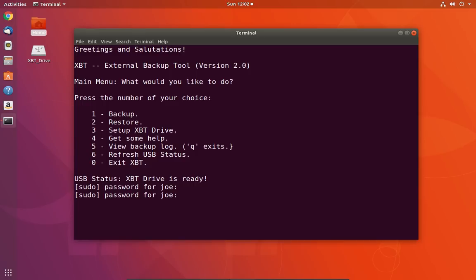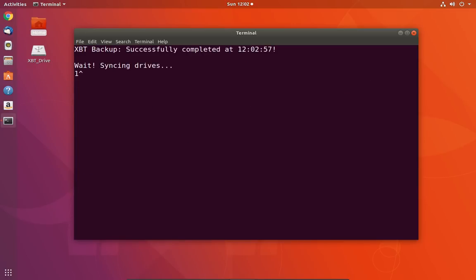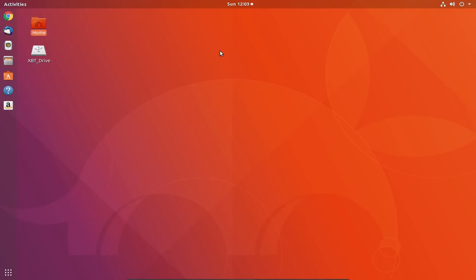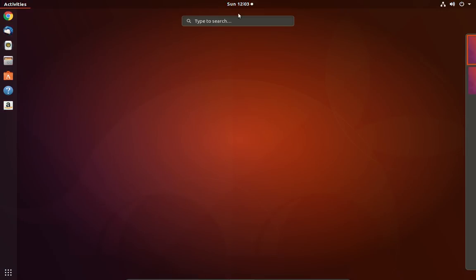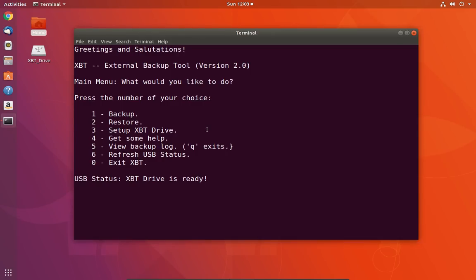Well, how about giving it my password first? I missed it again. Nope. I had to generate an error somewhere, and that time around, there's just no way in the world. Maybe I did, maybe I didn't. If I didn't generate any errors, well, you're just going to have to take my word for it that errors were generated. So let's look at what we got in the backup log